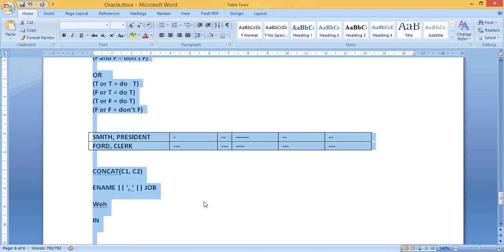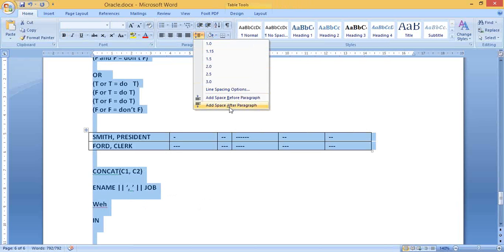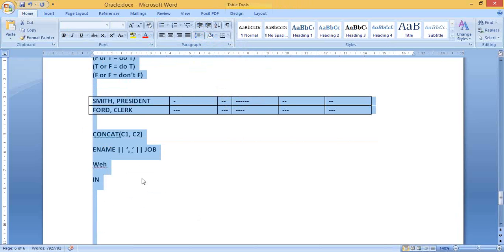Why is it all the time showing so much space? If I select this one, space all the time,